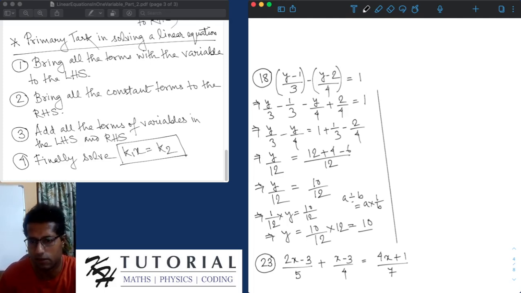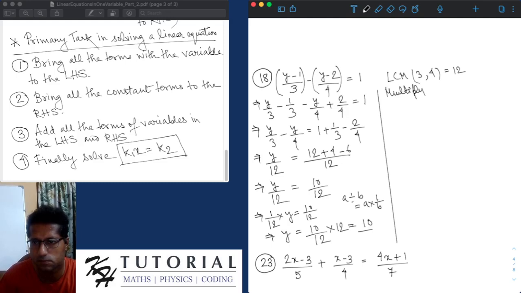Now the alternate method, if you do not want to deal with addition and subtraction of rational numbers or decimals: we see that the terms are in the form of a fraction or rational number. The terms are y minus 1 by 3 and y minus 2 by 4, and the denominators are 3 and 4. So we will first find the LCM of the denominators, 3 and 4, which is 12, and then we will multiply both the LHS